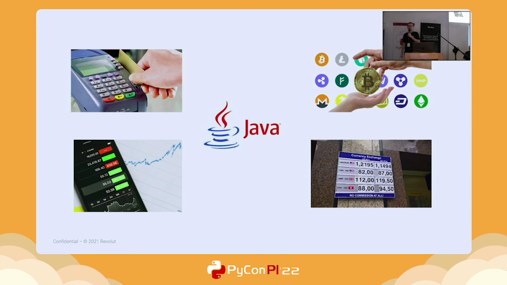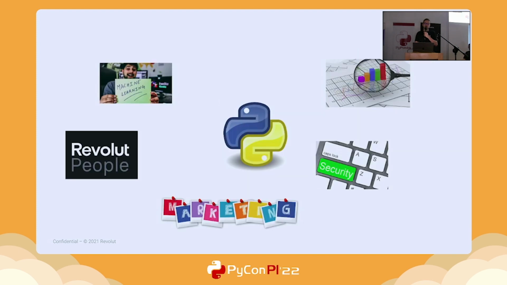But Java is the language in which those first core functionalities were written, like card transfers, crypto exchange, currency exchange, and anything that was the core business in 2015 and later. But Python came just to allow us to move to some more complicated cases that especially involve machine learning, analytics, data processing, reporting, and we also use it to develop APIs for internal services. We mostly rely on FastAPI as the tool that we use.